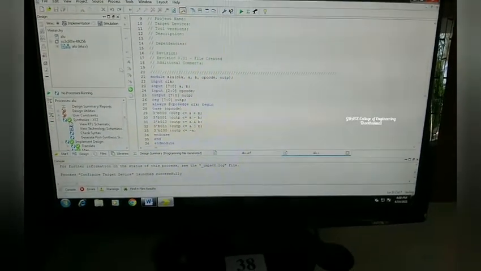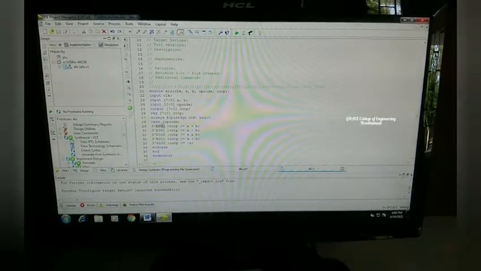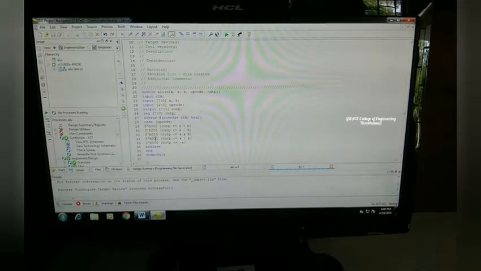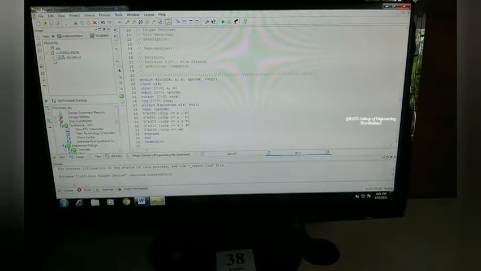Now we are going to see the kit implementation for our ALU experiment. Here we have written the code. You can check here: whenever a binary control input of 000 is given, the inputs have to be added and we get the added output. Similarly for 001, the subtracted output; for 010, the AND operation output; for 011, the OR operation; and for 100, you get the inverted operation, that is the NOR operation.